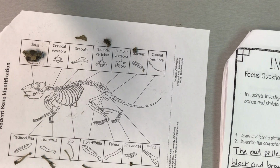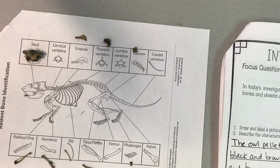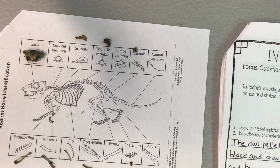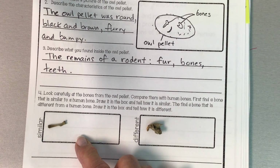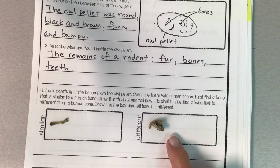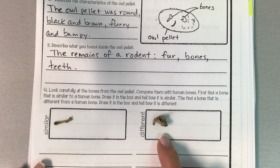So I'm going to take a picture of my page already drawn, and in the meantime you should discuss again what's the same about the femur in human versus rodent. Okay, and I'm sorry you couldn't see that. I'll move it now. So here's a femur from the rodent, and here is the skull from the rodent. Talk about how these are the same and these are different than a human skull. All right,